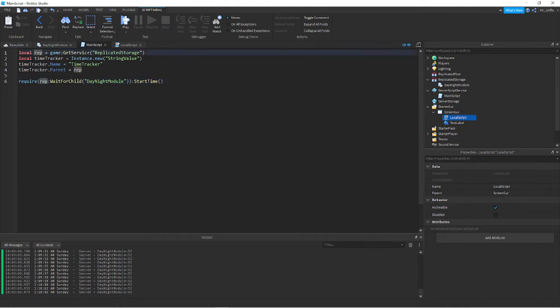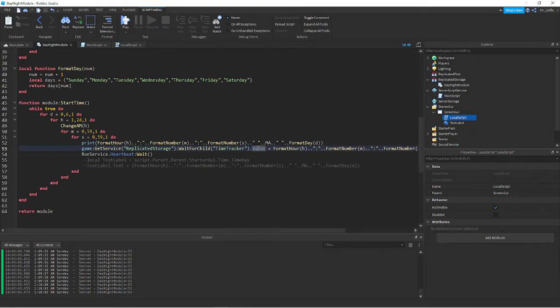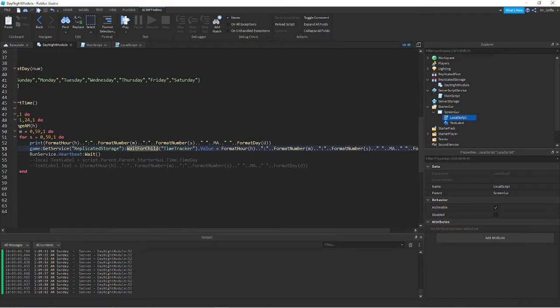Yeah, so wait for the replicated storage, and then I'm creating this time tracker value before we run this module, so it's always going to be there before the module starts. I've named it time tracker and parented it to replicated storage. We don't actually need the wait for child because we've guaranteed it to be made before this function is called. But I suppose if you call it from somewhere else, it doesn't do any harm, because if it exists, it's just going to reference it,